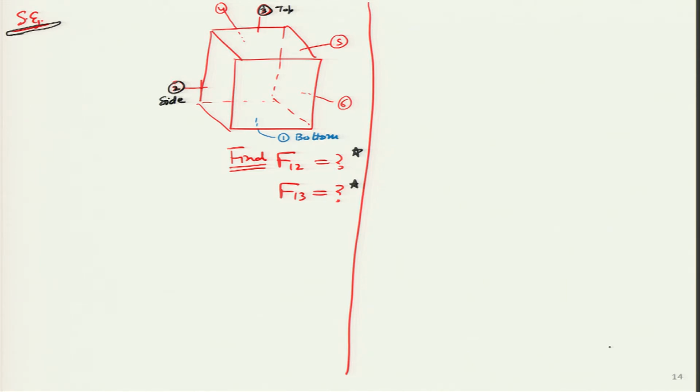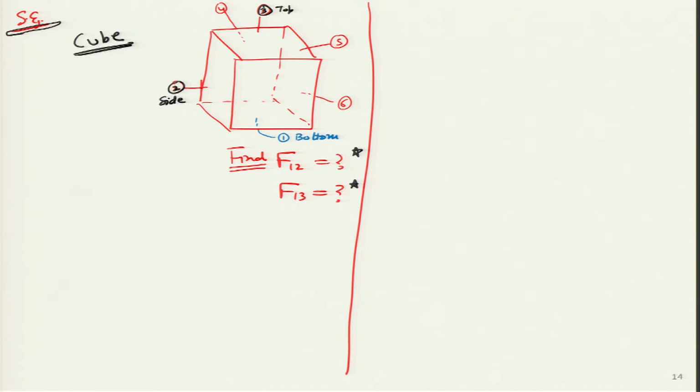So, what you see is a diagram of a cube having equal sides. In real life, for a radiation problem, this could be a furnace which is having these 6 sides. Some of the surfaces could be made of metal, some could be made of ceramic, some could be made of brick, which means their emissivity values may be different. Some places we are supplying heat, some places we can keep adiabatic also, which means later on we will figure out even boundary conditions may be different. Now, for simplicity, we are keeping all the sides equal as it is in the cube, and all we need to find out is the value of F12 and F13, and I will explain the reason in just a minute.